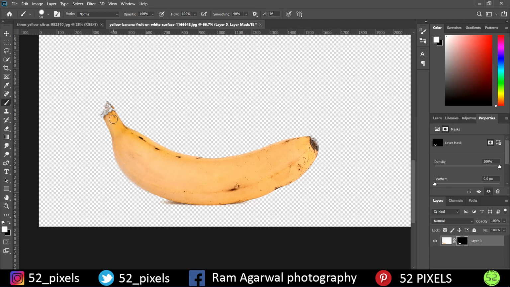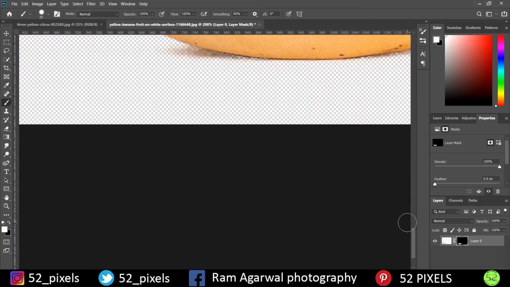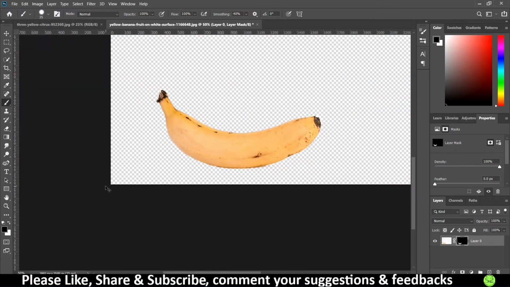For the smaller regions, I'll just reduce the size and then work on with these smaller regions. Try as hard as possible to just work with this image, but if you see, there are some color leaks over here, so we can just change the color to black and then again work on with the image and make the selection perfect. Somewhat just like this. And once you are done, you are good to go.